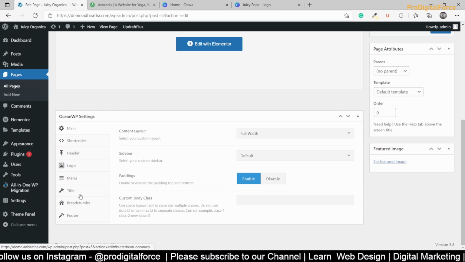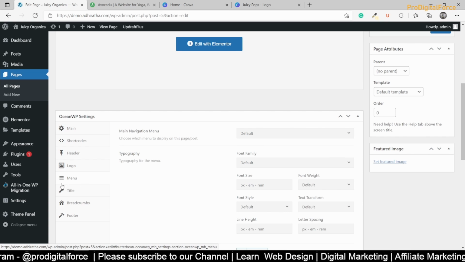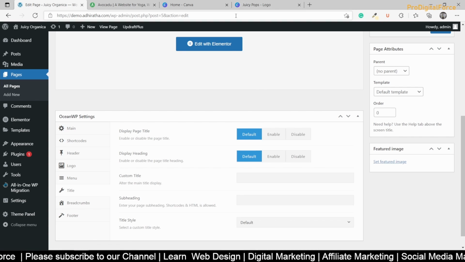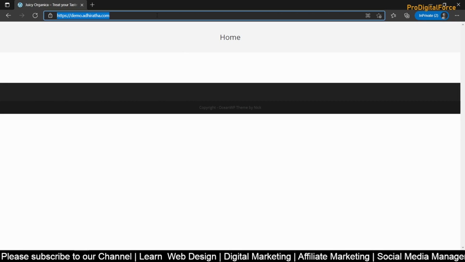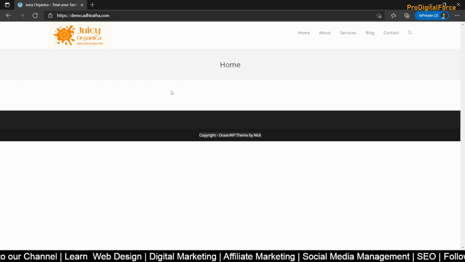Then we have something called title here. Again logo and all is there, don't touch anything here. Logo, menu, these are not required, but if you guys want to explore, you can do it. Go to the title section. Now what we're talking about is, we already know we are in the home page. Now we have a header section, footer section is there. This is the footer, guys. In between the spaces, our content space.